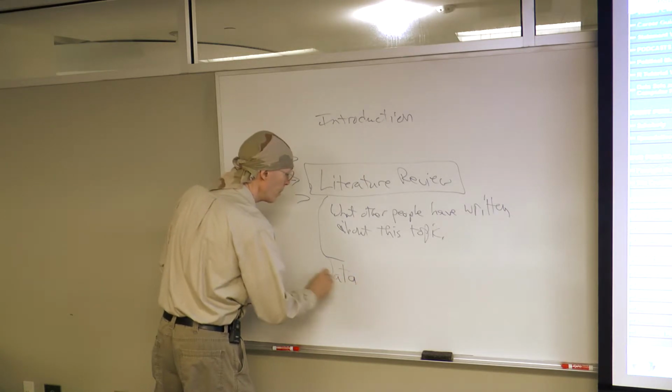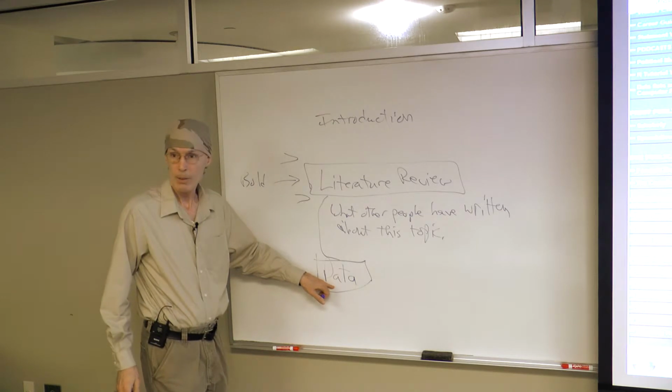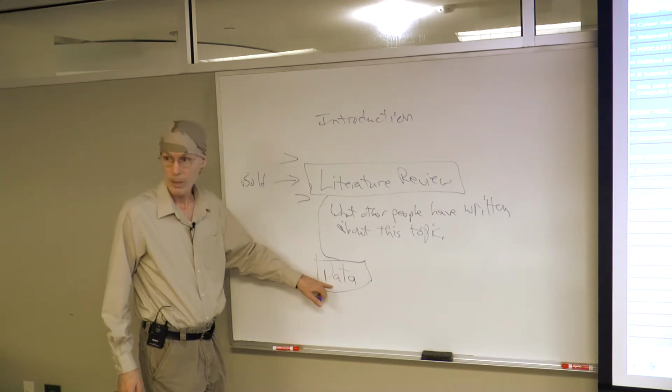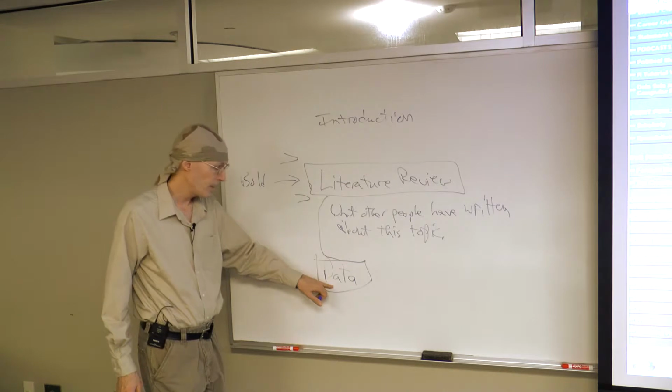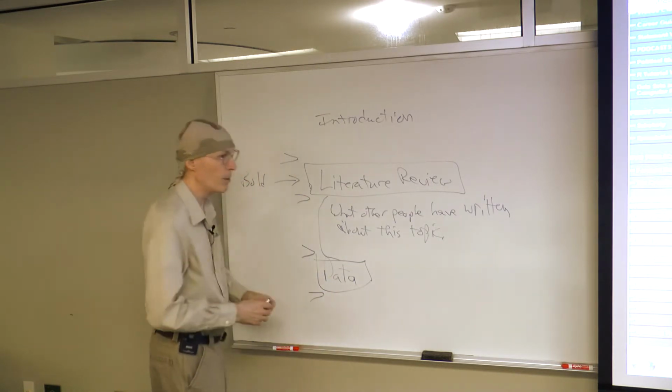All right, then after this you need a data section. The same rule applies here for the data section. That's a terrible title to use for the data section, but for right now, you can go ahead and use it. Hopefully by the end of the semester, you'll come up with a better title as you look at other examples of how other people have done this. But you need an actual data section, again with a space above and a space below.